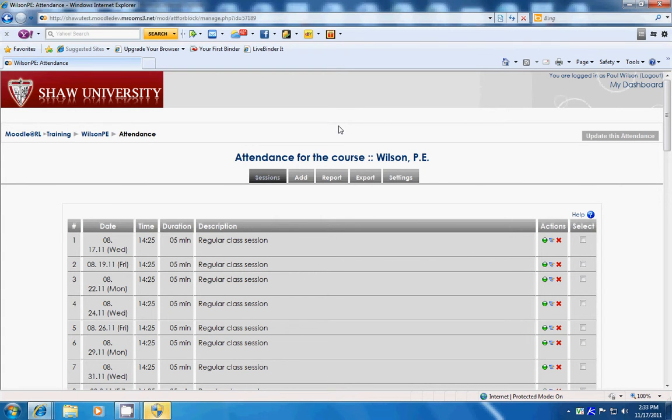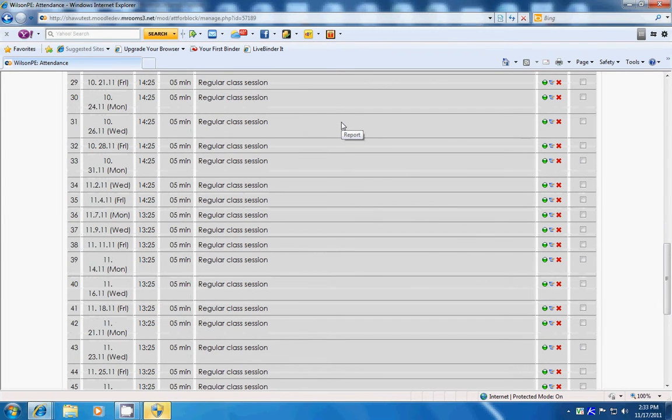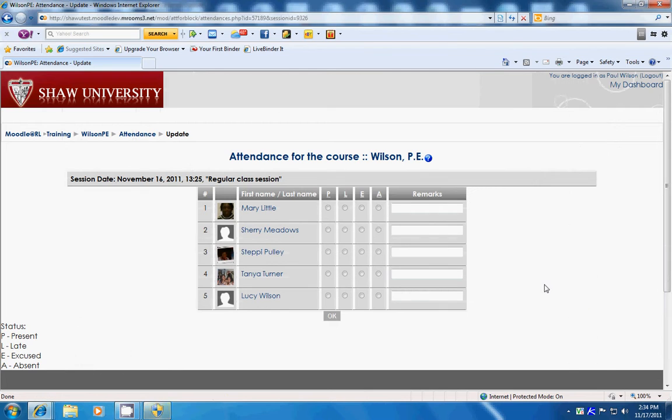I'm clicking it and I'm going back to the attendance with the sessions. I'm scrolling down to find the one we are going to check today, 40. Now look to the right and we have the green button, the edit, and the delete. Click the green button. This is going to take us into the